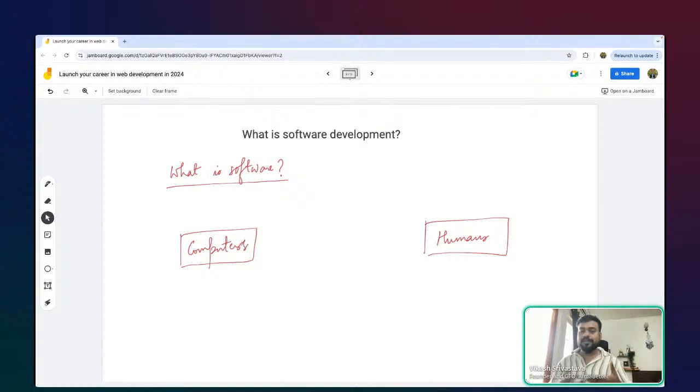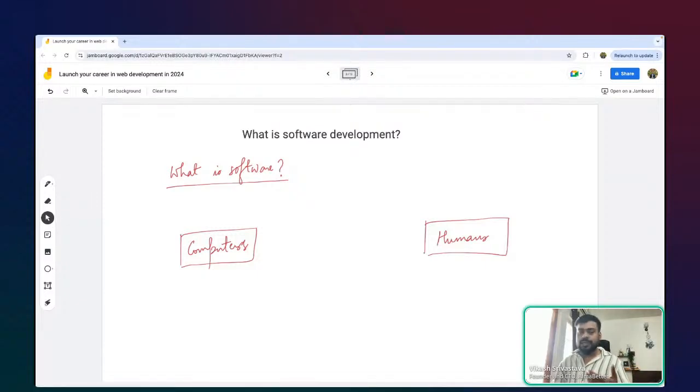Suppose I am talking to you as of now in English, and you are able to interpret and understand whatever I'm saying. This is the language set that we talk, and we are able to relate and understand whatever one person, let's say person A, is saying to person B. When I speak in Hindi, and if the other person understands that, or maybe I can speak in English or any other language.